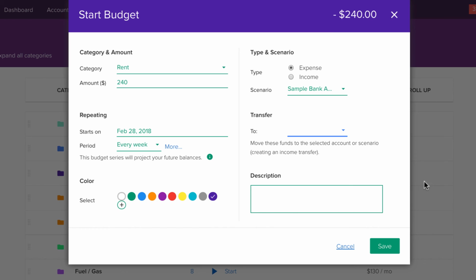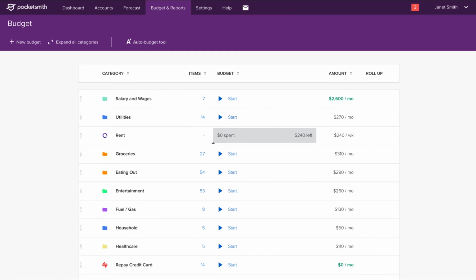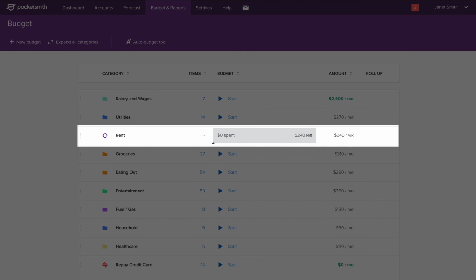Once you're happy, click Save. This category will now display on the budget page as a budgeted category, and transactions assigned to it will be reflected in the